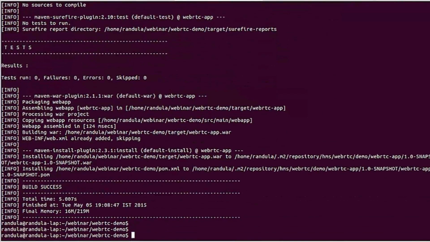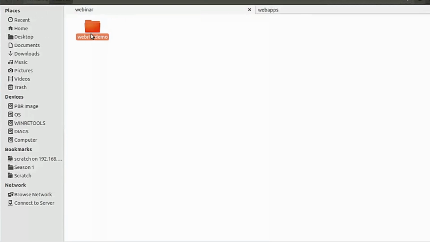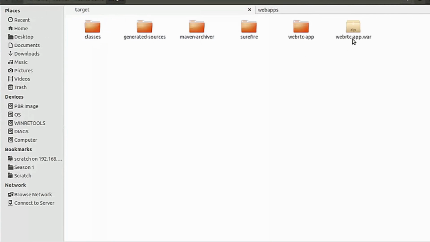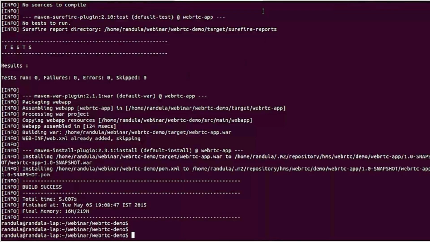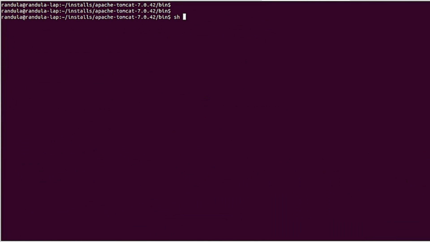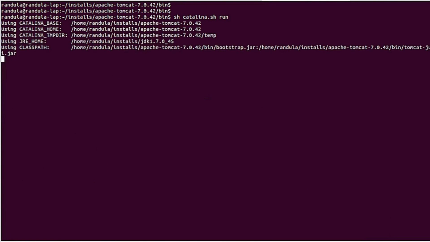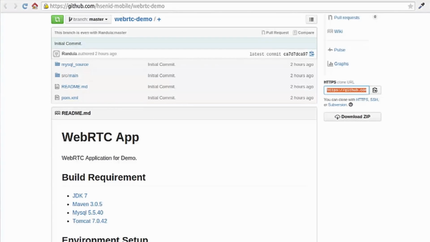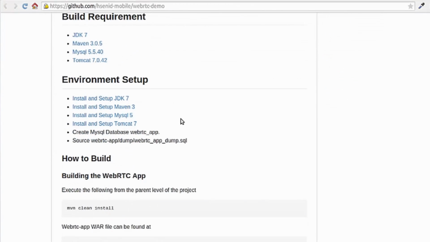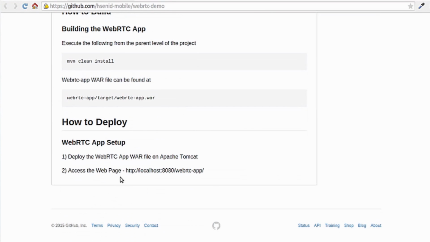Okay, done. Then let's deploy it on Tomcat. All the executed commands will be in the README, and after the deployment, let's check